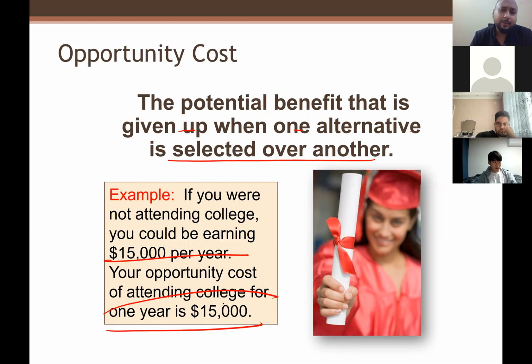So my question is, what if you have 4 alternatives? What would be your opportunity cost? Constance, are you here? So if you have 2 alternatives, 3 alternatives, I think 4, yeah, A, B, C, D. One is you are attending college,